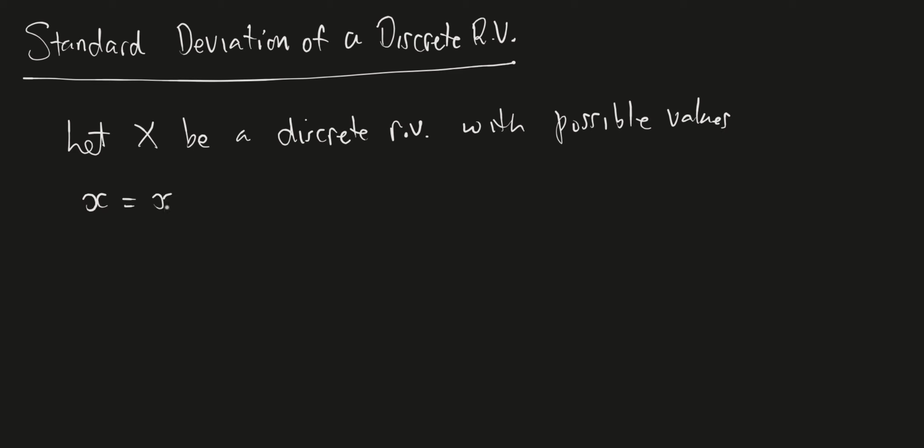And I'm just going to say like x1, x2, and so forth. And again, that list could be finite, which means the discrete random variable is a finite random variable, or it could be countably infinite, which means the list would go on forever. But either way, we have the possible values here, and